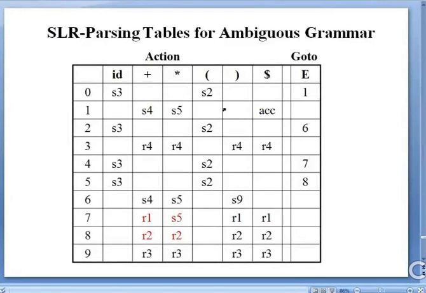Now according to that, the SLR parsing table for ambiguous grammar is... Now we write this one, R1 and R2. These are the selected values. According to